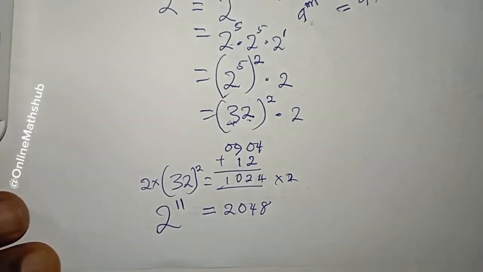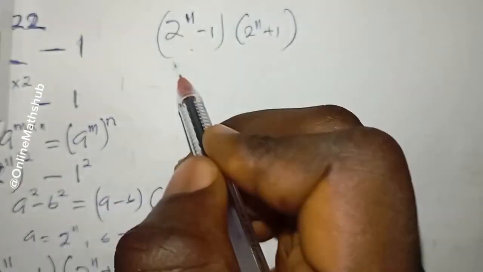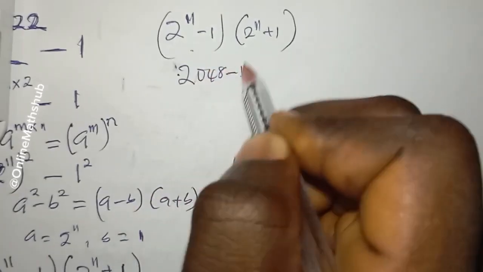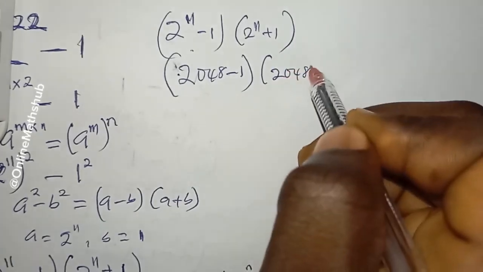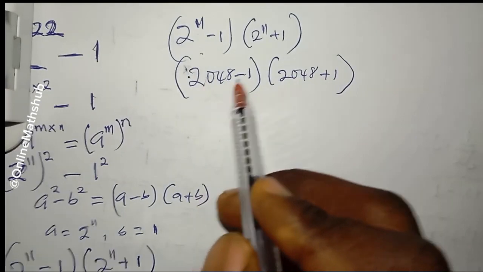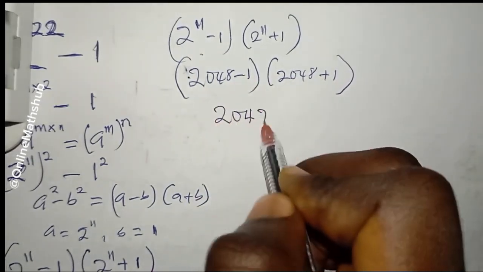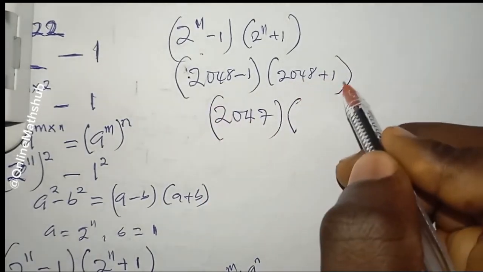We can now go ahead and substitute it in our question. We've got 2048 minus 1 and then of course multiplied by 2048 plus 1. Moving on, 2048 minus 1 will give us 2047, multiplied by 2048 plus 1 will give us